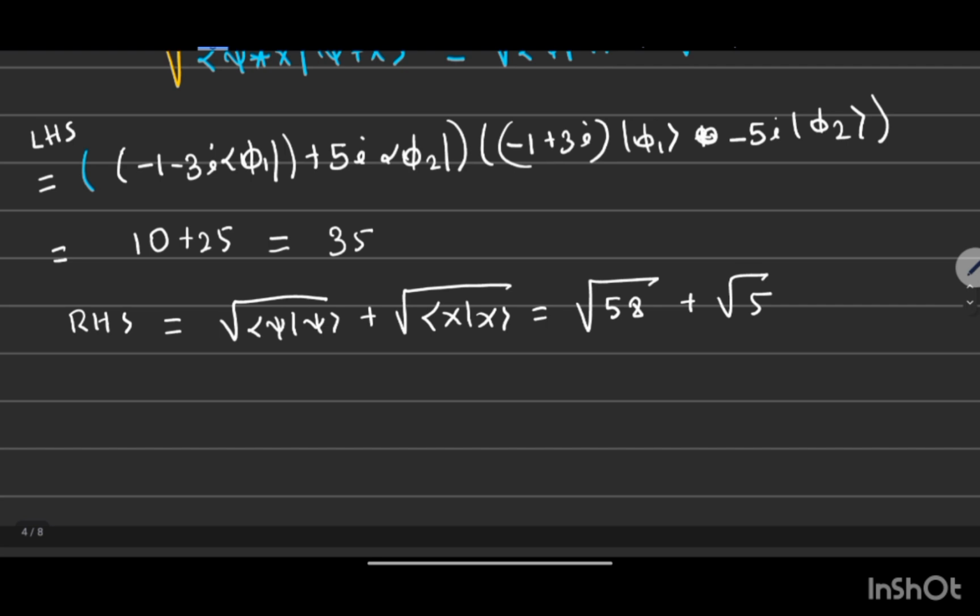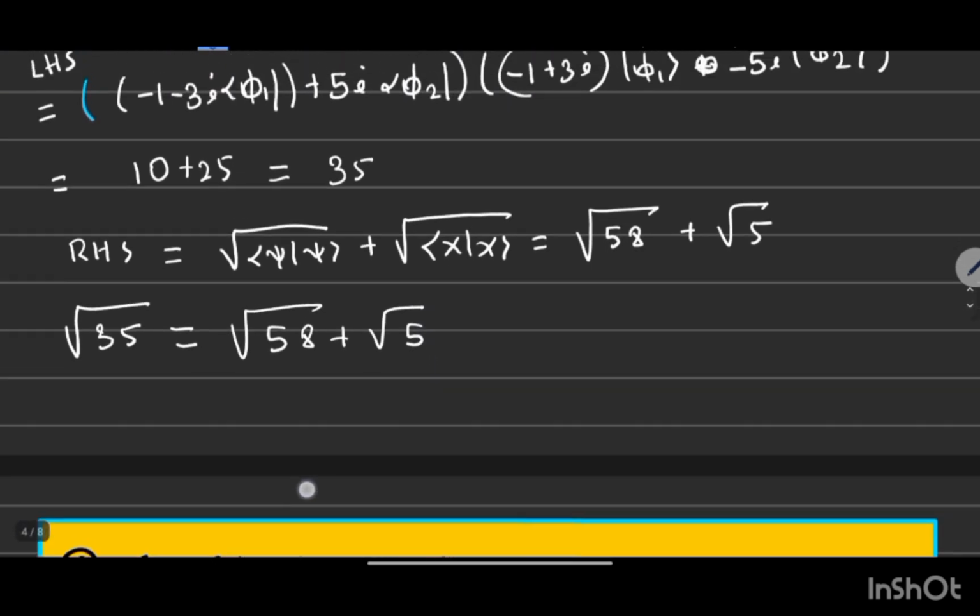So how much will it be? Okay, straight away we can put on the left hand side square root of 35, and on the right hand side we have square root of 58 plus square root of 5. So I think this will be roughly 7. What is the square root of 35? It will be roughly